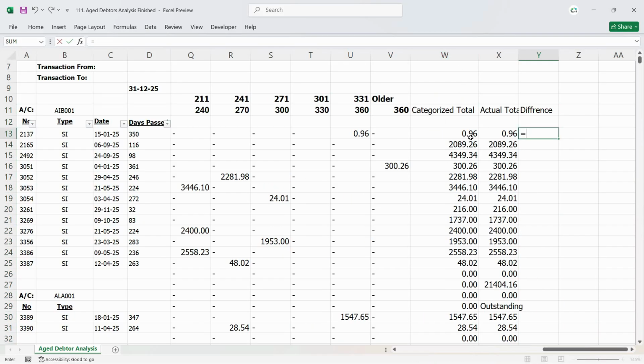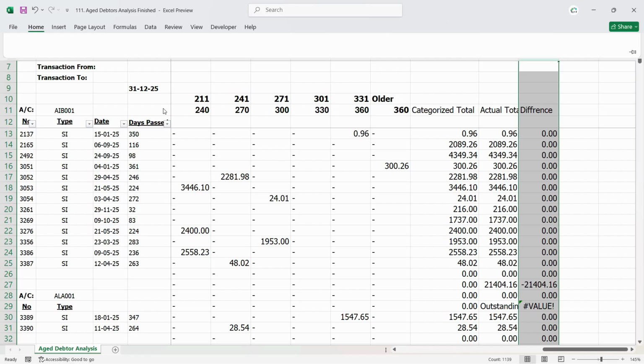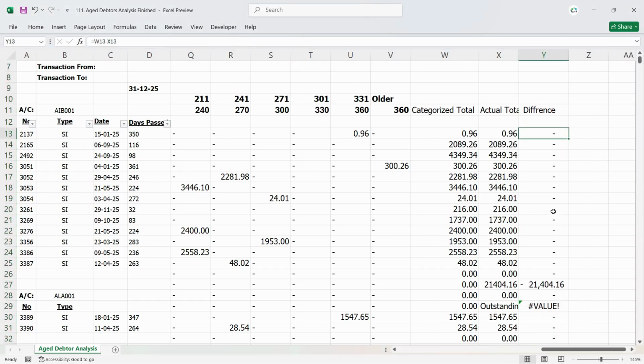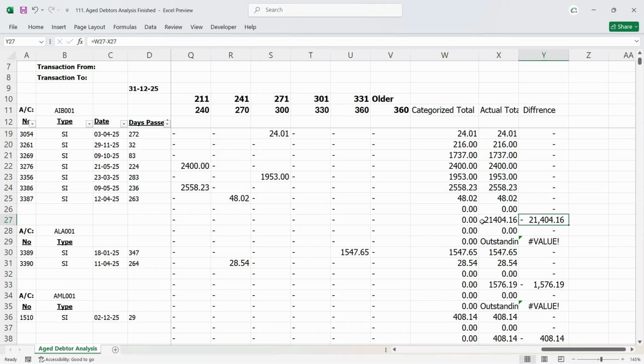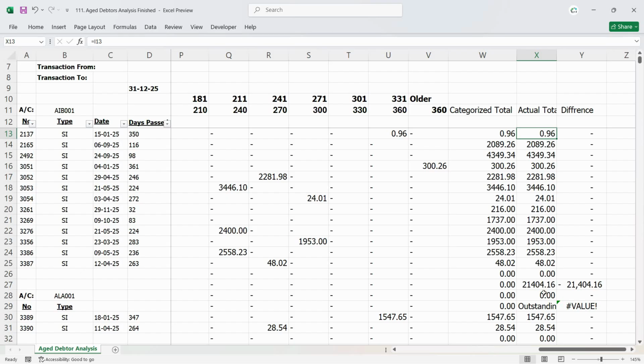In the difference field, the formula is just categorized total minus actual total. Double click to send it down, and we can easily manage it by formatting this whole column as the comma style. So in that case, it will show dashes, and wherever there's any kind of discrepancy, we can locate that balance. So in the actual total, we need to adjust this formula because